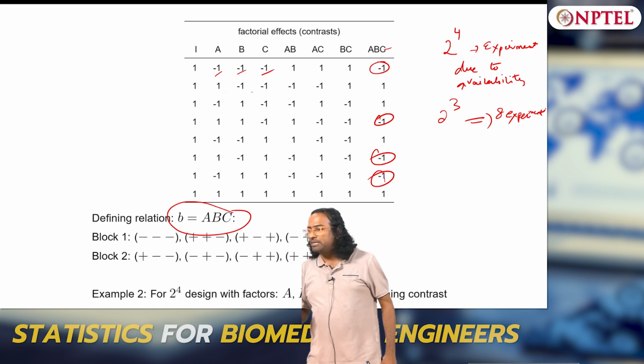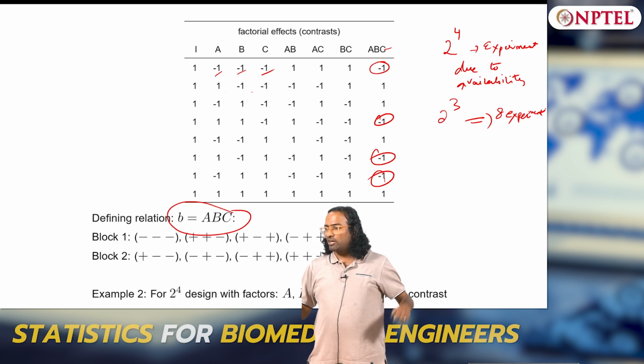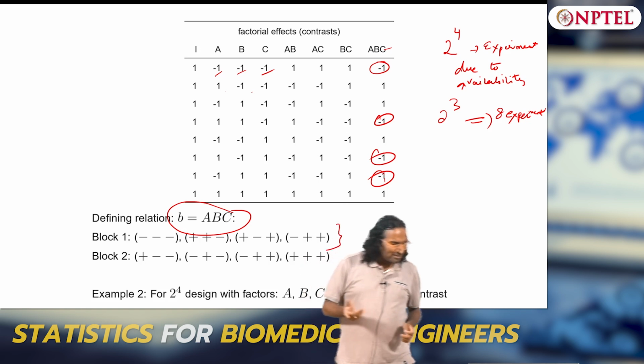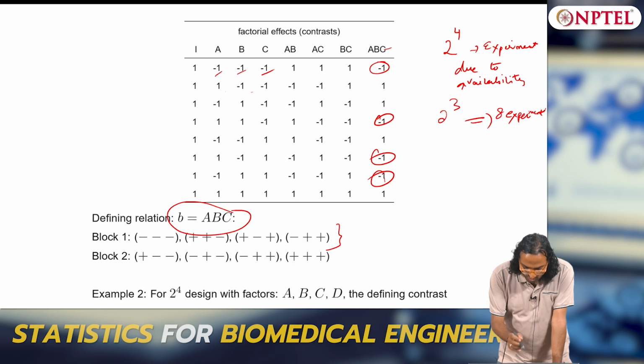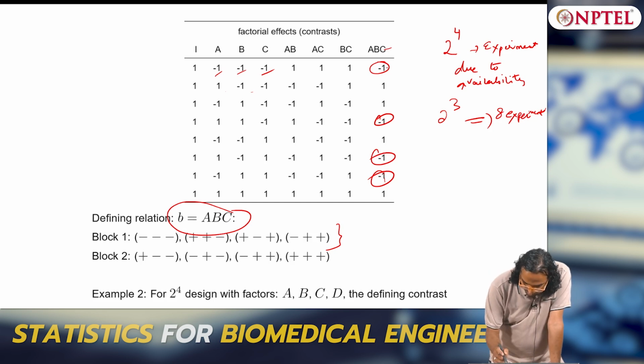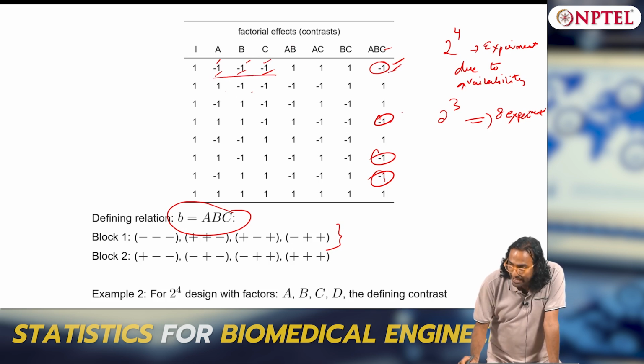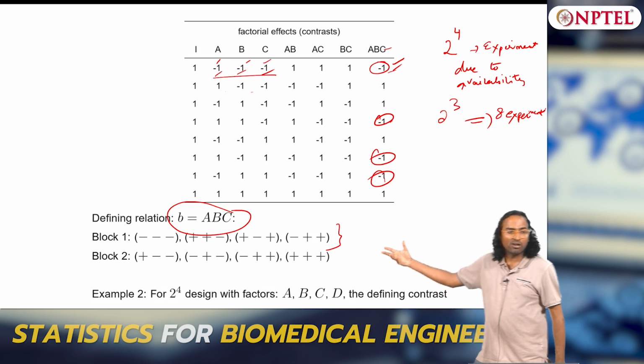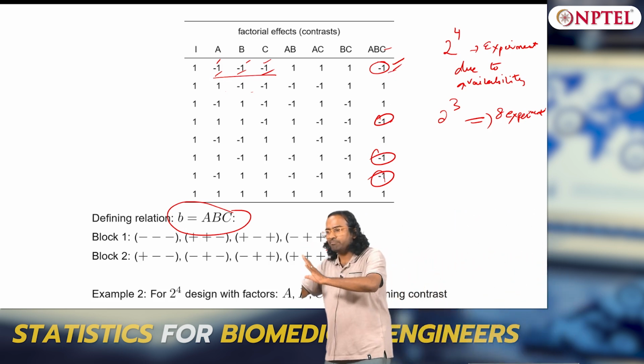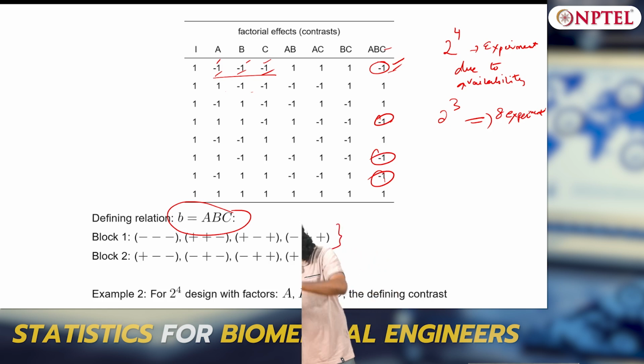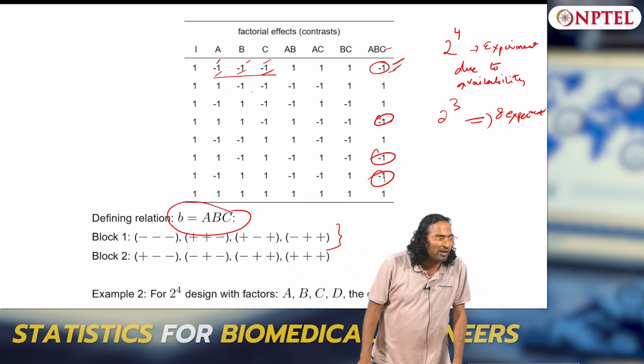The contrast for ABC is based on the multiplication term. Remember, so this term I have 1 1 1, I have negative, and I am just multiplying all the contrast to get this ABC contrast. I am not putting a separate contrast for ABC. I have sacrificed ABC. Basically, I have given up ABC and said the coefficients of ABC will come from multiplication of what is there in A, B, C. Multiply these 3 contrasts, you will get the contrast for ABC.